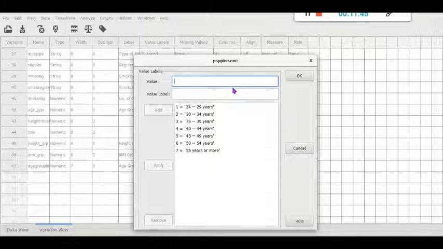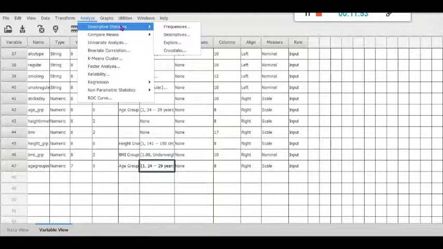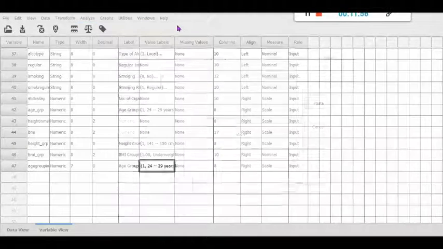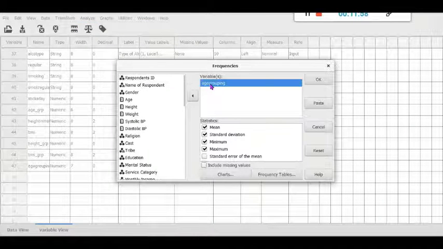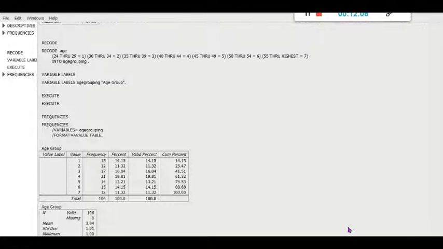Now we'll see what changes have happened to this variable. Press OK. Now if you analyze, go to analyze, descriptive statistics, frequencies, it's already the value is there. Then press, the variable is already in the window. OK. Go to the output file.